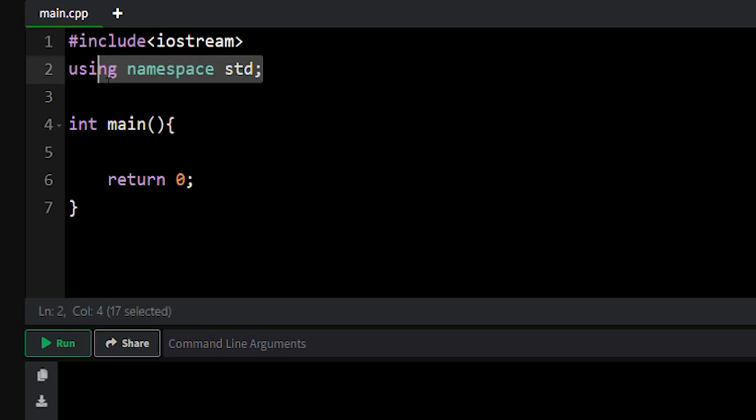And we are using namespace for standard functions and keywords. And these are the inbuilt functions and keywords. And at line number 3 nothing will happen because it's an empty statement. At line number 4 we have our main function, and the return type, the data type of this main function, is integer,